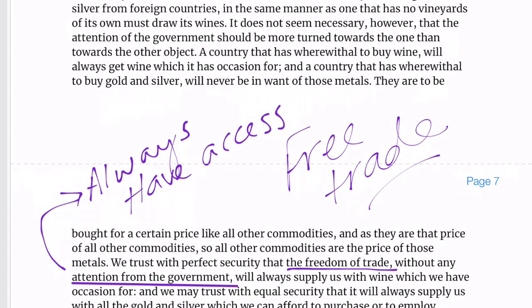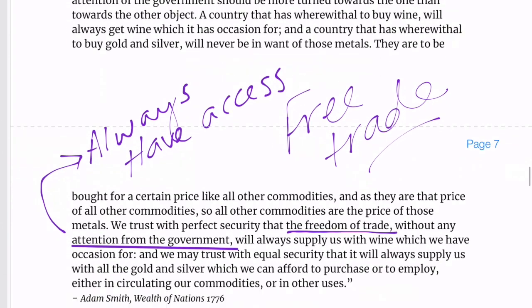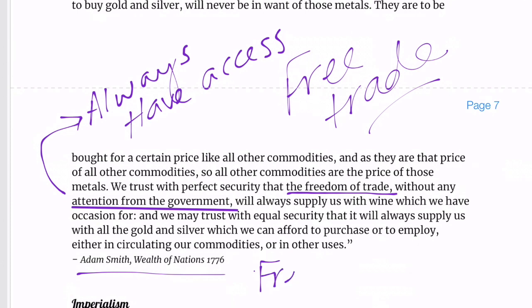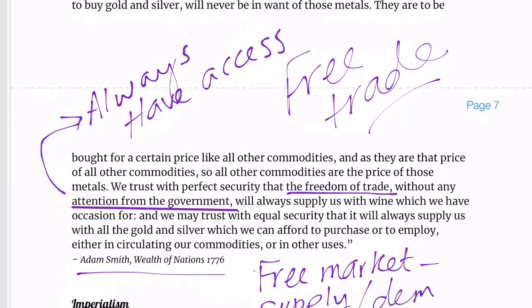He's also going to support a free market. What does that mean? Well, prices that will vary based on supply and demand. Remember we talked about that? And that relationship between supply and demand is important. If there's a high supply and a low demand, then you're going to be able to get it for cheaper because not as many people want it. If there is a high demand and a low supply, it's going to be more expensive. All right, so that relationship is very important in the free market economy.